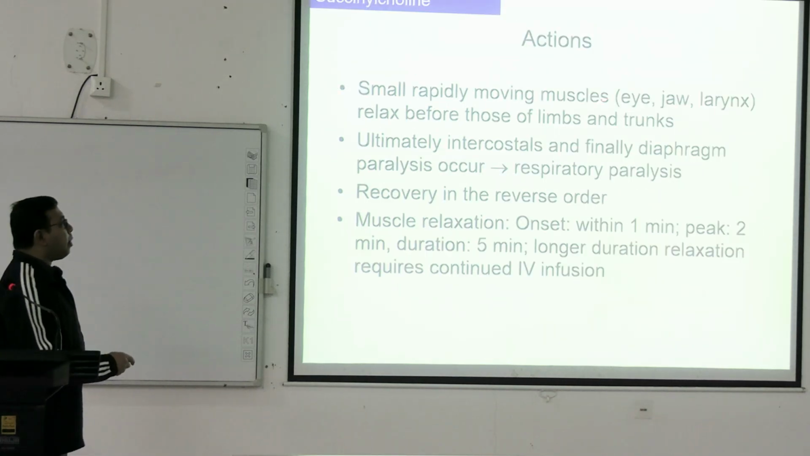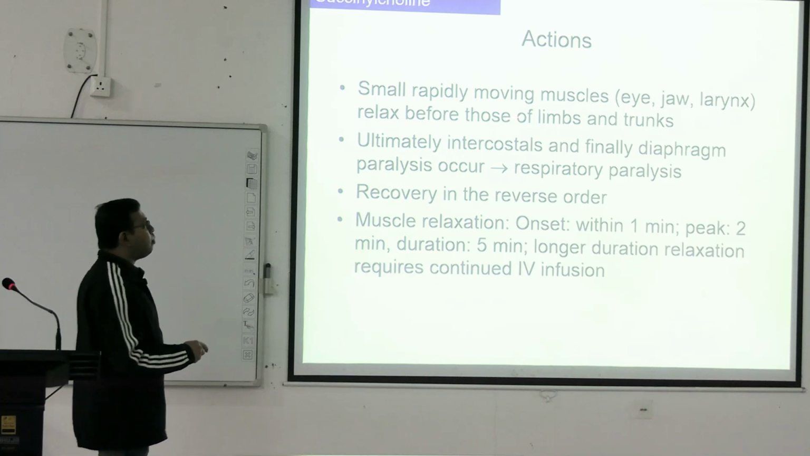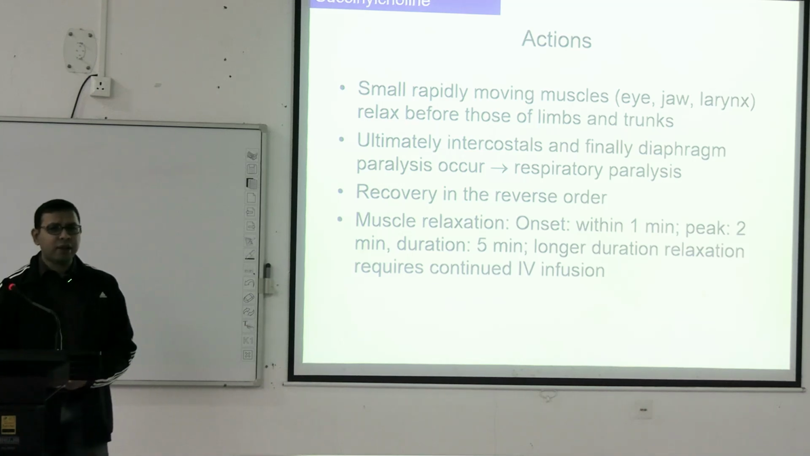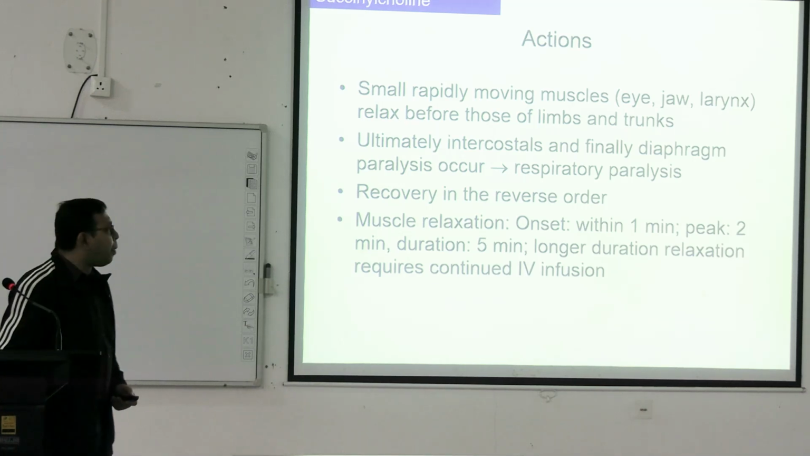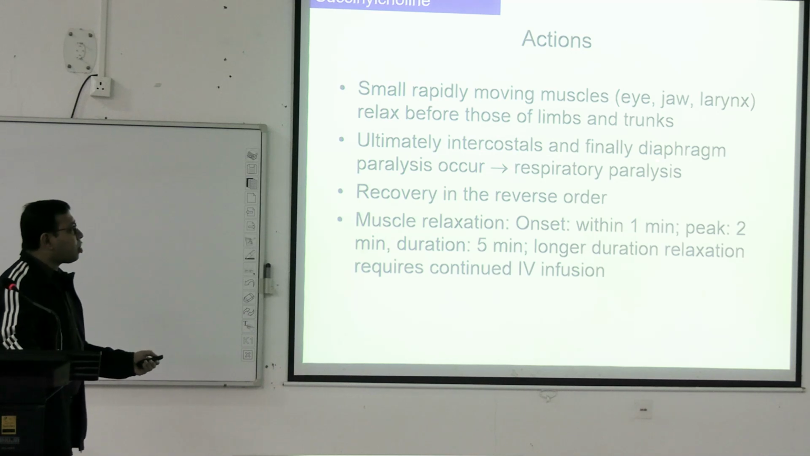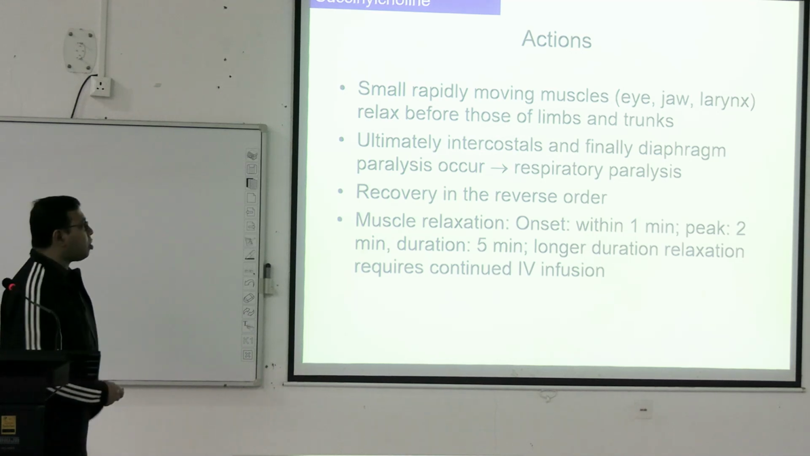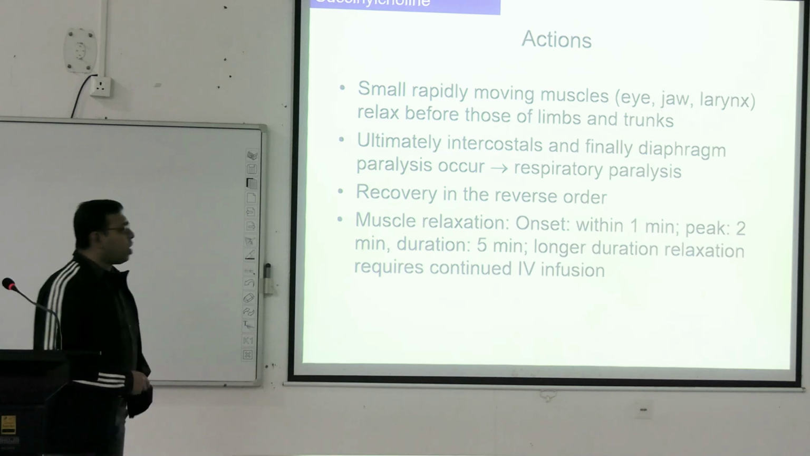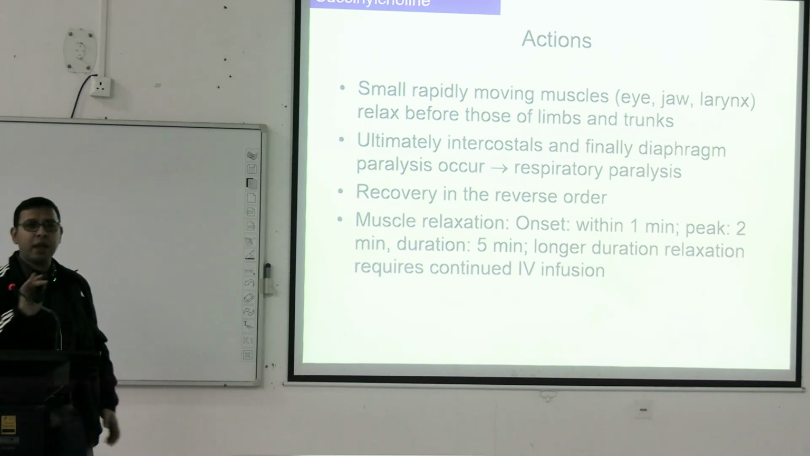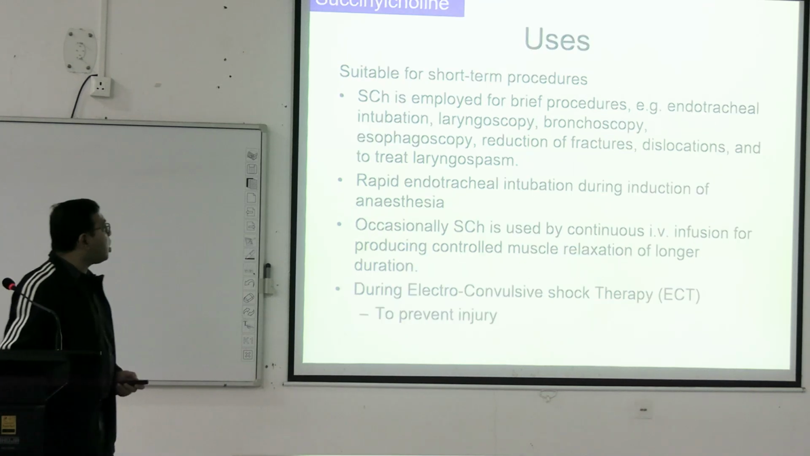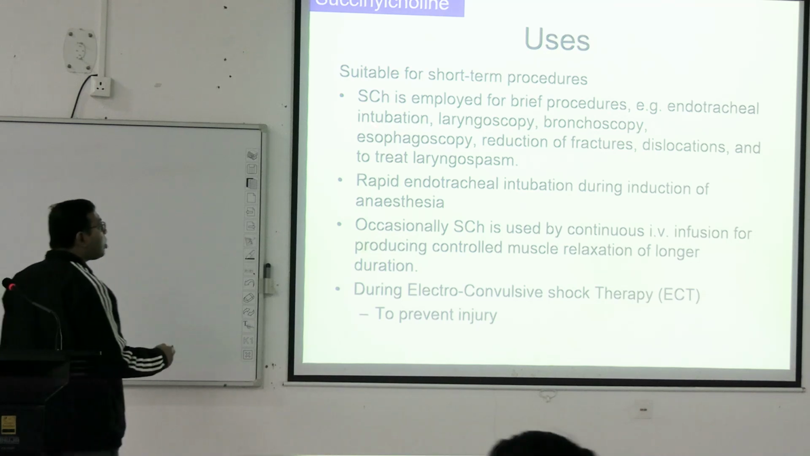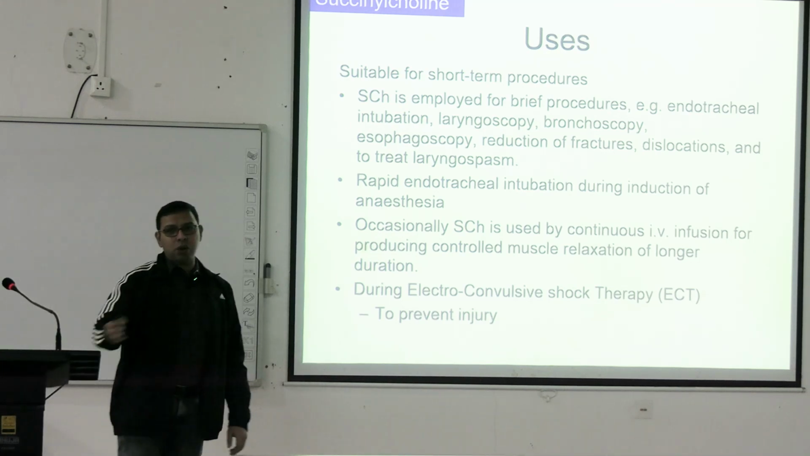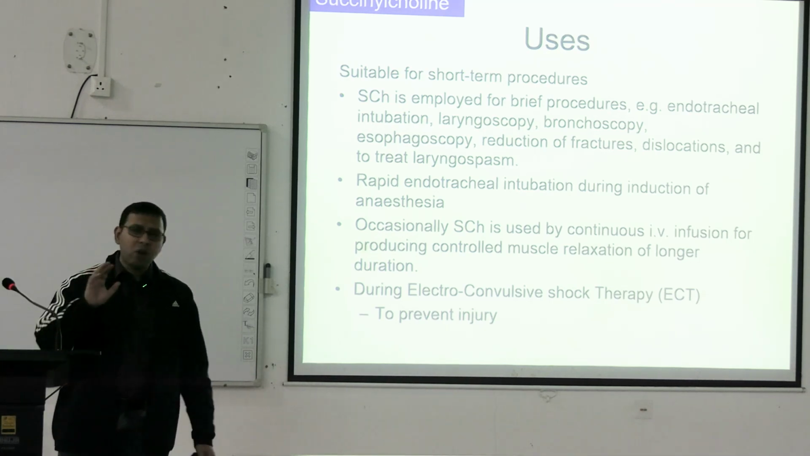Small rapidly moving muscles like the eye, jaw, larynx relax before those of the limbs and trunk. The similar thing, the extraocular muscles and the thumb muscles. Ultimately the intercostals, and finally diaphragmatic paralysis occurs. Respiratory paralysis can also occur. Muscle relaxation is the same thing as with the competitive blockers. Details are not required. Uses: succinylcholine is usually employed for brief procedures, most commonly for endotracheal